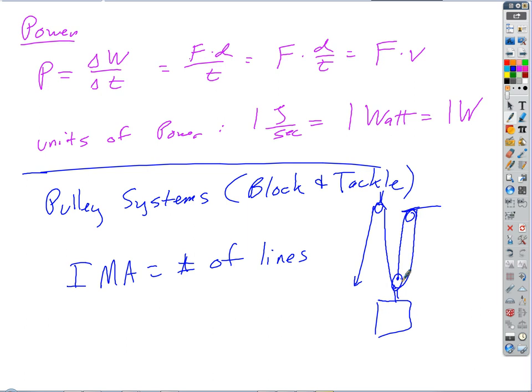Upstream of the first pulley, see what I'm saying? This one doesn't contribute anything. All it does is change the direction of the pull, so we can pull down instead of having to pull up. Okay, so it's the number of lines